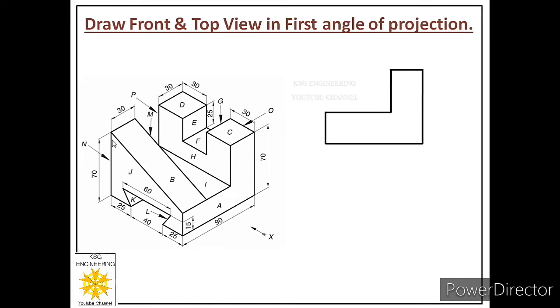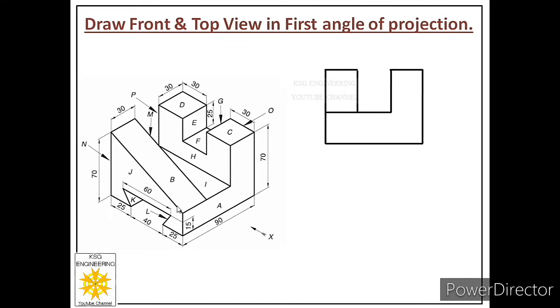And total is how much? 70. So 70 minus 30 means from here measure 30. Then we will see this remaining perpendicular height only, which will be the height of face B. So from this point we will start a vertical line of 40 millimeters, and the length of this face is 30. So from this point draw a 30 millimeter length, and then again we will construct its height as 40 millimeters. So we are ready with face B.